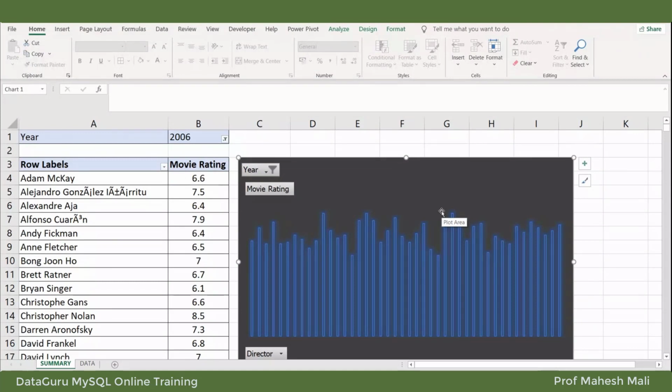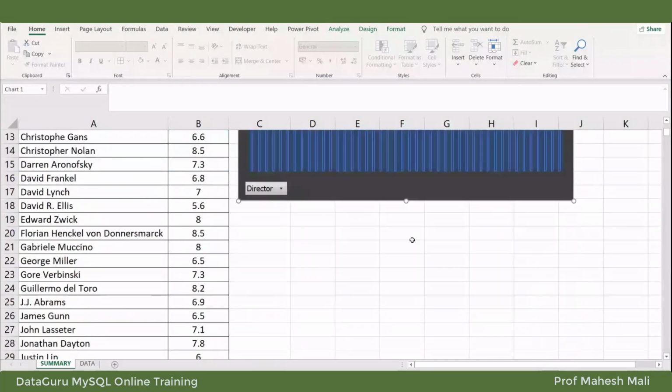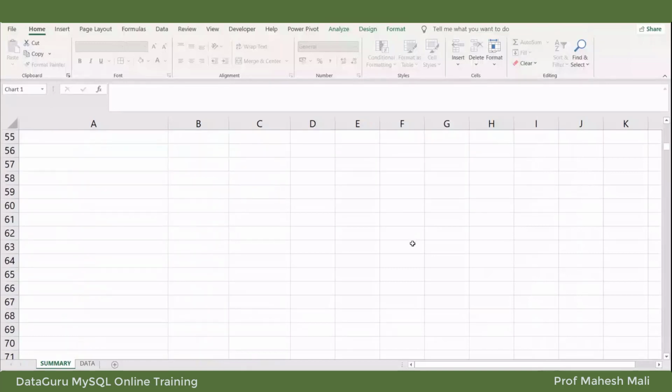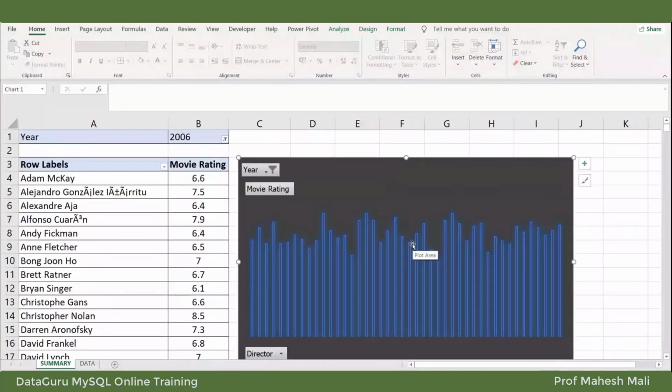Okay, so this is nothing but a pivot chart which we have created, and we have created a very nice visualization of all the movies, just to look at the trends of it, so that we will be able to get the revenue earned by each director and the movie rating earned by each director.